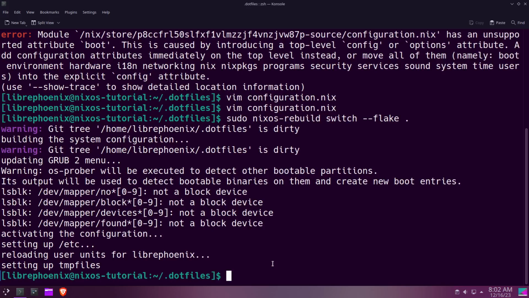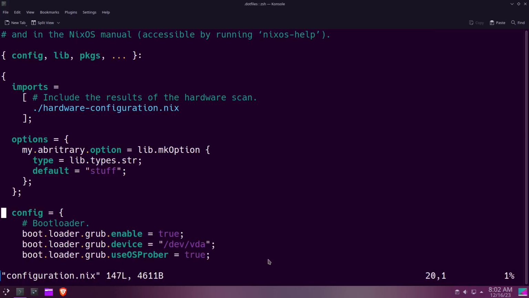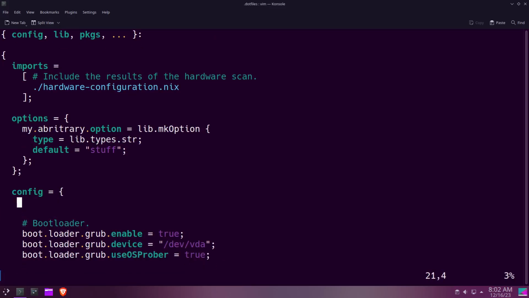So from here, it's important to remember that options are much more powerful than something like variables. Going off the last tutorial about NixOS modularity, we can set this option in multiple different locations in the config to be different values, and then we can give those different values different priority levels. So for example, if I wanted to set the arbitrary option that we just declared here to something like cool